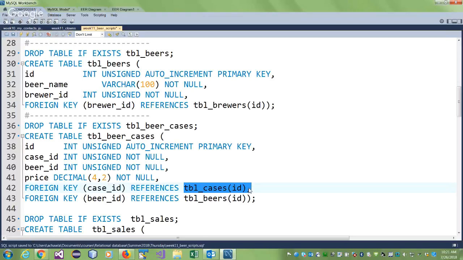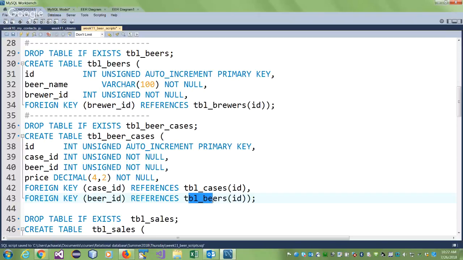No, that information is at one place in a student table. And all other tables that need to talk to it are talking to it via the ID. So the case ID here is drawing its value from the ID in the cases table. Then comes the beer ID. The beer ID again is a beer name, but I'm not putting a name here. This beer ID is again referencing the ID in the beers table, where the beers table has an ID and